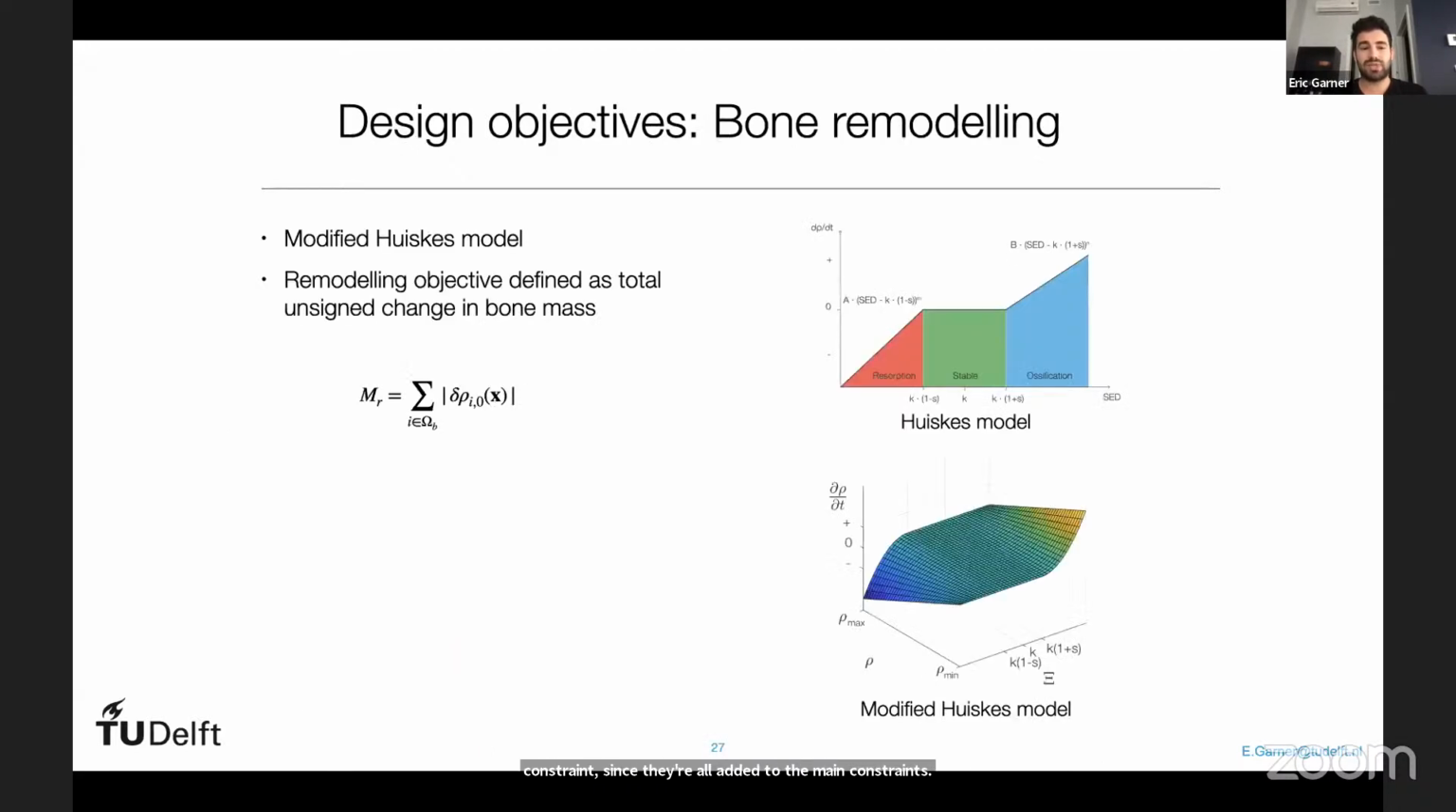So let's revisit our design objectives. In order to quantify bone remodeling, we use a modified version of the famous Huiskes model. The Huiskes model basically defines three different scenarios. Between two thresholds for strain energy density, you have stable bone remodeling, meaning no net loss or gain exists. If you fall below this threshold, there's some net bone loss, and if you go above it, there's some net bone apposition. The problem with this model is that it doesn't consider the current density and is not differentiable. So we propose a modified version, as you see below, which is differentiable and therefore can be used in our optimization scheme. Then we define our bone remodeling objective as simply the sum of the unsigned changes in bone density